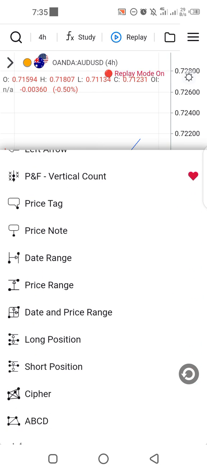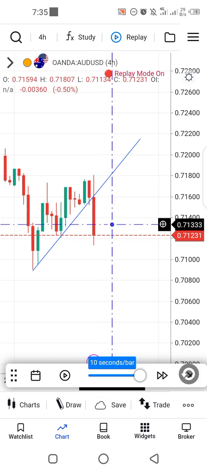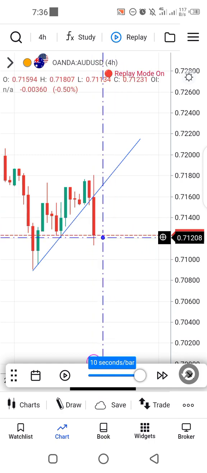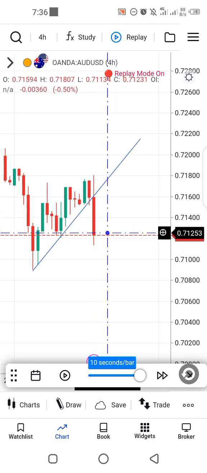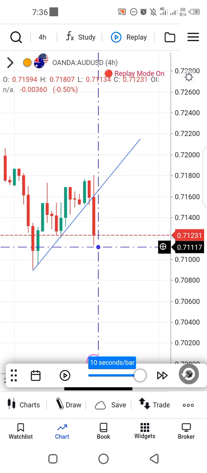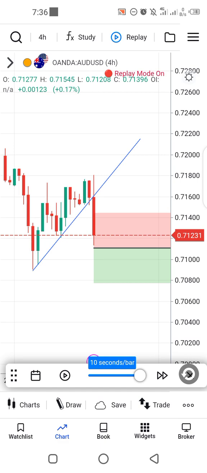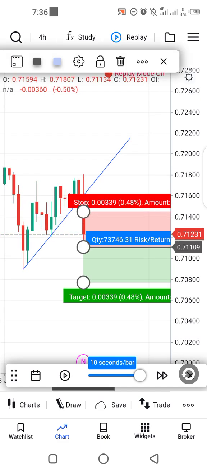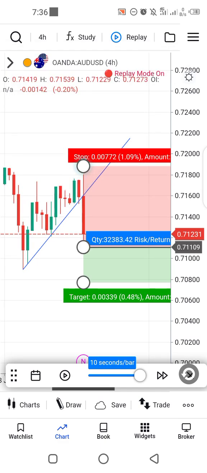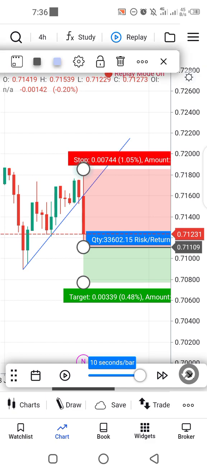So I want to short this market, and I'm not going to enter by market execution. I'm not going to just press sell. No, I'm going to place a sell stop. All these practices are good. They ensure that you are trading step by step. You can see right here,